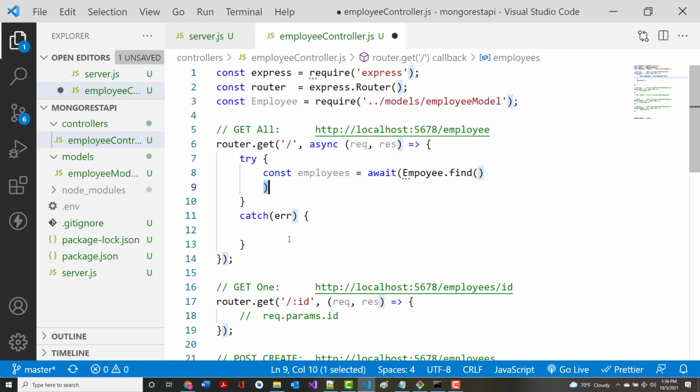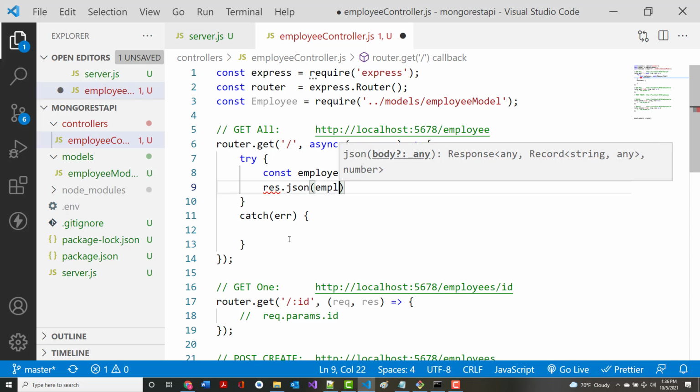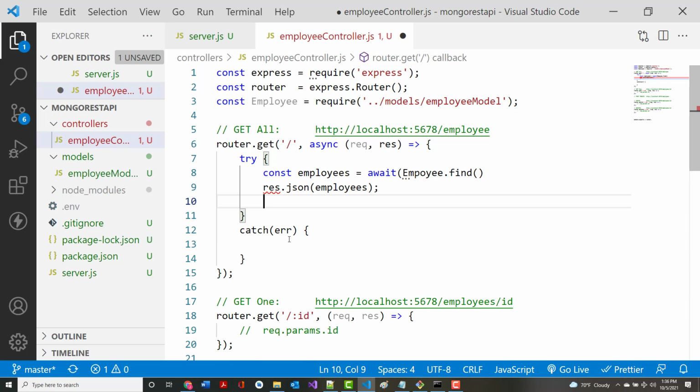I don't think we need that. But I'm going to put in here res.json employees. I'm missing something. You needed that parenthesis. Oh, you know what? I know what it is. First of all, I put employee, not employees. That would be a good place to start. And let's see, res.json employees, okay, curly,